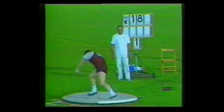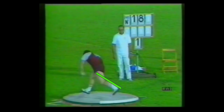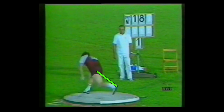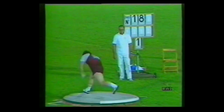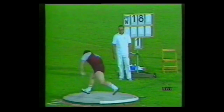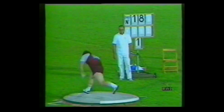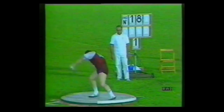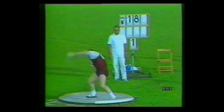Also, I think he could have done a more aggressive kick with the left leg. I mean, this is very aggressive. But what I really like about his kick is the direction that he does it. He does it out, forward, and down. And this is a really good style for people who land in a wide position, because in the glide there